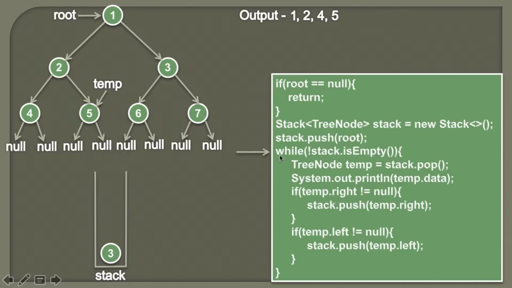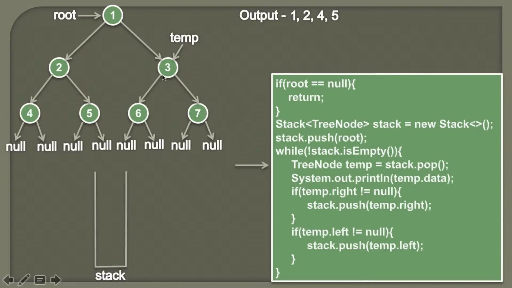And then we'll again execute the while loop with the condition that stack is empty or not. So currently stack has 1 node, therefore it's not empty. So in the first step we'll simply pop an element from the stack and we'll assign its value to the temporary node. So here you can see when we do stack.pop, the node 3 will pop out and then the temp will point to that particular node. So it would look something like this.